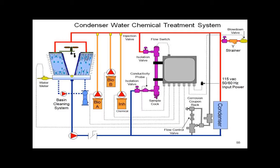And all we're doing here is looking at the conductivity of the water and maintaining it with some conductivity probe with a blowdown valve to maintain the cycles of concentration. So what may be different to people involved with this now is you're going to have to put in basic little systems now to be able to hit that code on the cycles of concentration. And at the same time, you're going to have to treat your water to make sure you keep it clean